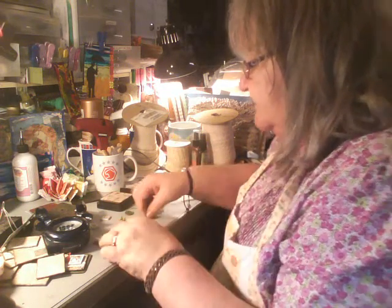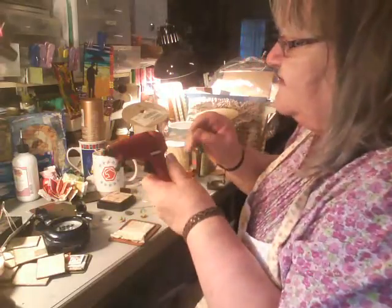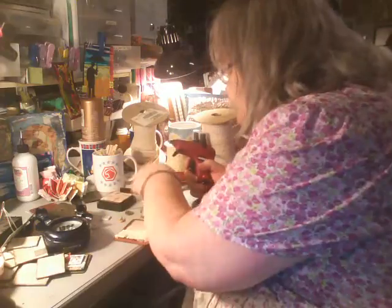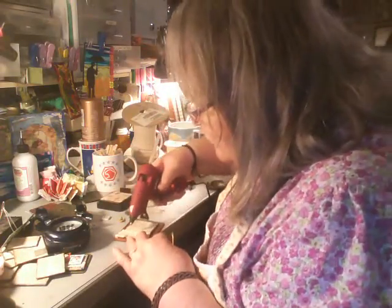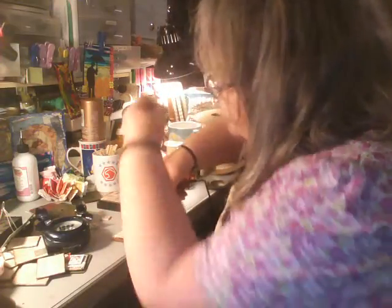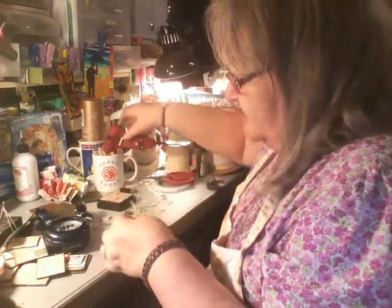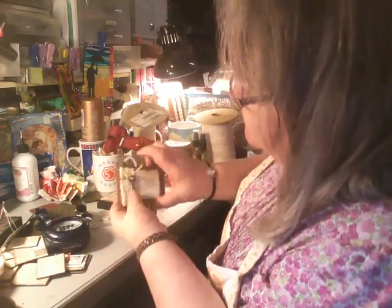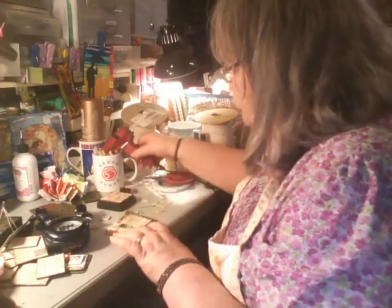Okay. Oh, I did that upside down. Okay, that's okay. Now, it's all good. So now, what I'm going to do, I put the fringe on there, and this key, I'm going to glue, push that glue down in there, that hot glue. There we go. That's beautiful. Now I'm going to put that key right on the edge of that fringe. Like that there. That's pretty. Now I'm going to do,